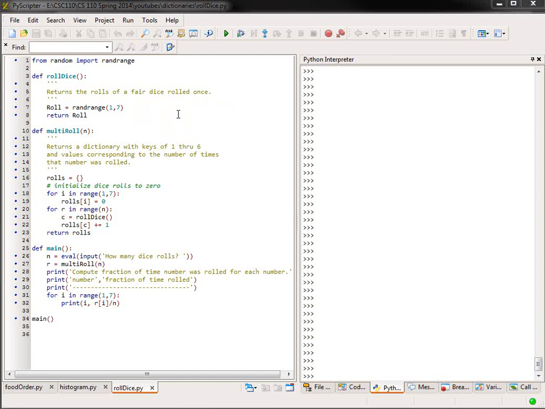So this is a routine to roll a dice once with this first function, roll it n times with the second function, and I use a dictionary to keep track of how many times each number was rolled, and then finally in the main function, use the multi-roll n function to compute the fraction of times each number was rolled. And so to demonstrate this, let me